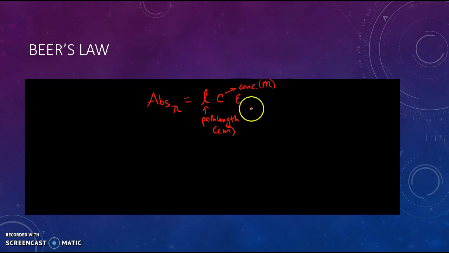And then finally, we have this thing. This is called the molar extinction coefficient. And what the molar extinction coefficient does is it reflects how well the light of wavelength lambda gets absorbed by the sample. So absorbance has no units. So the molar extinction coefficient will have units of reciprocal molarity, reciprocal centimeters. And the higher the molar extinction coefficient is, the better the light of that wavelength gets